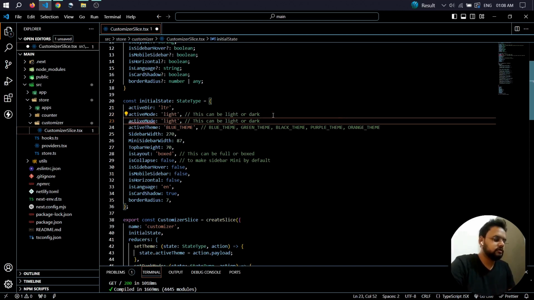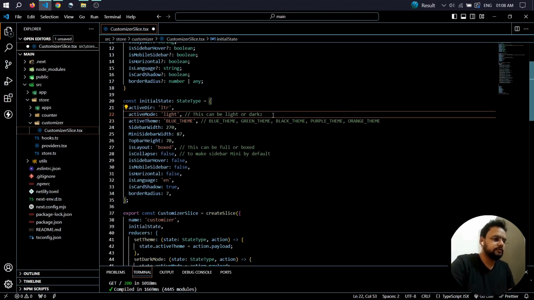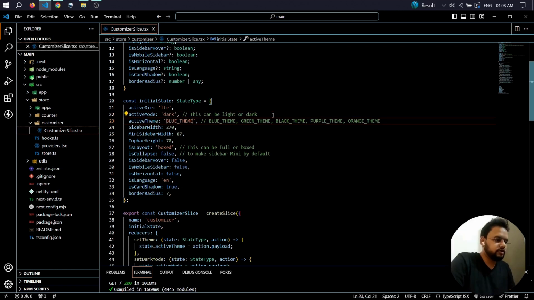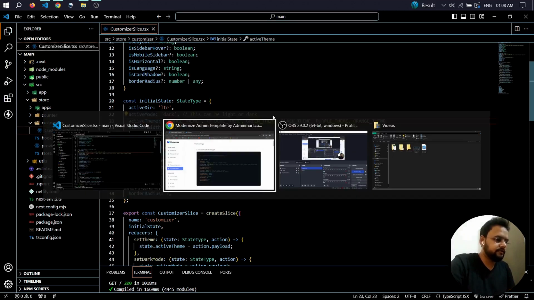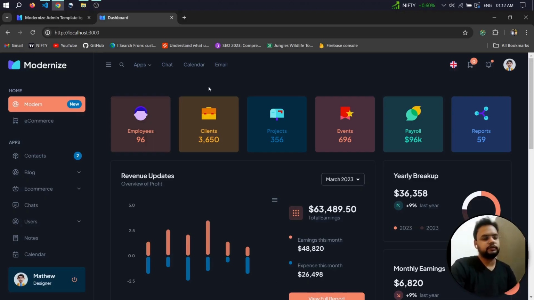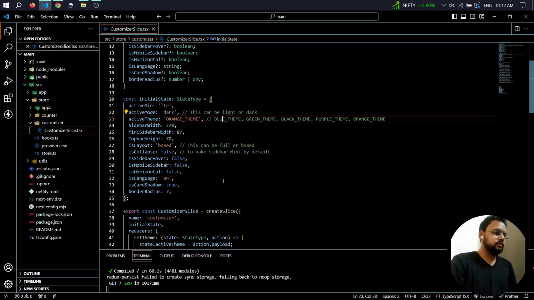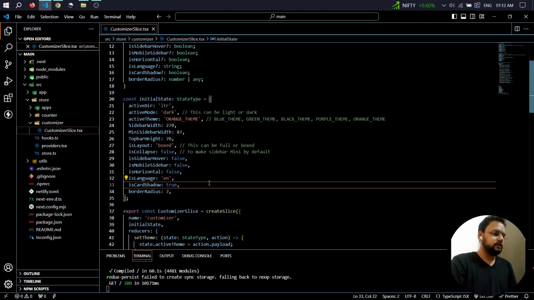I'm going to change this to the dark theme. By default we'll have the dark theme, and I'm also changing the active theme to orange. So I've saved the file. The default version has been changed to the dark theme, and the default color theme has been changed to orange. In the same way you can customize the rest of the